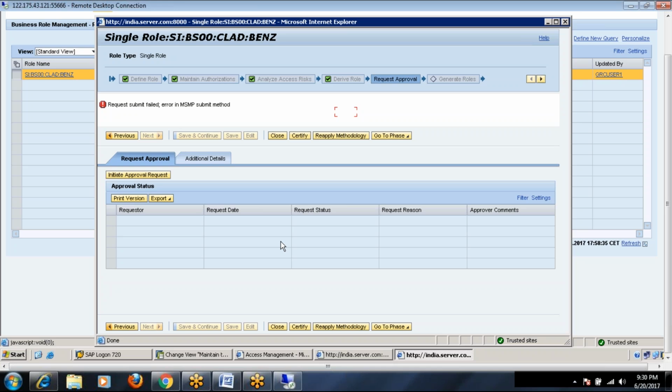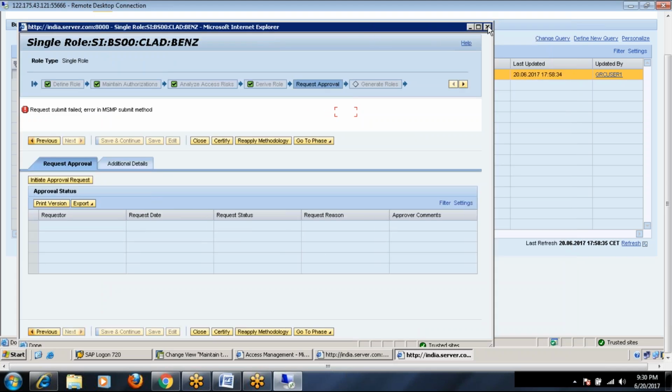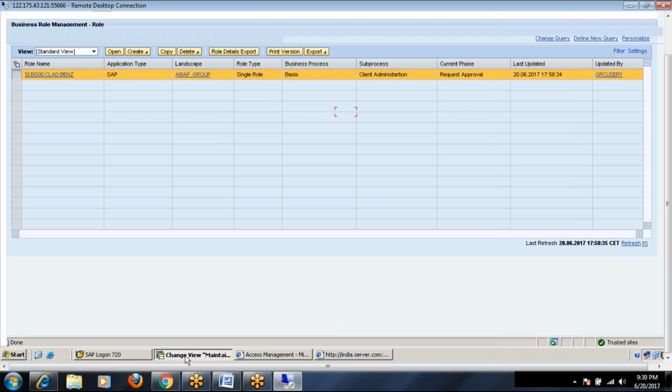Sridhar, this define role, maintain authorizations, is this not part of a workflow? I was thinking this one itself is a workflow. No, this is like a SAP-defined workflow already for BRM. Okay. But we security consultants, we create workflows for what? See here, yesterday I'll show you what is the workflow. In MSMP, if you go,